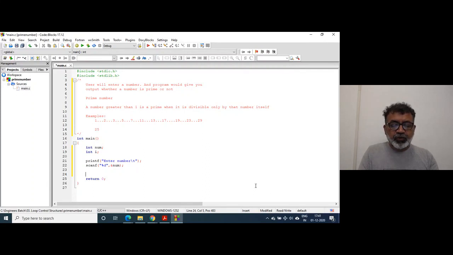How can I write the loop? First of all, I will have to initialize. We are going to divide that number from 2 onwards, so I will initialize i to 2. I'll write a while loop, we can use any loop.